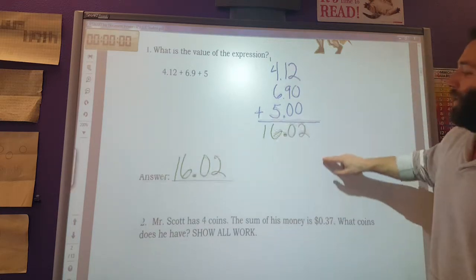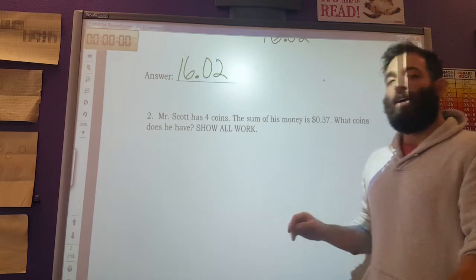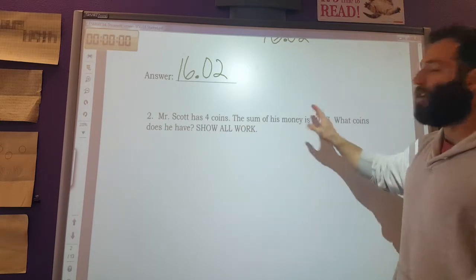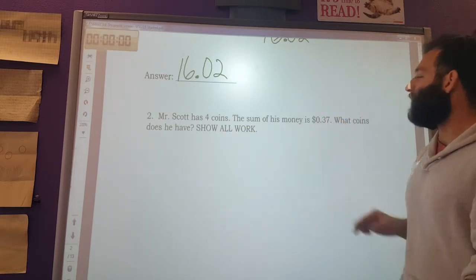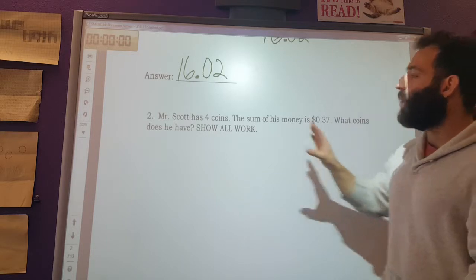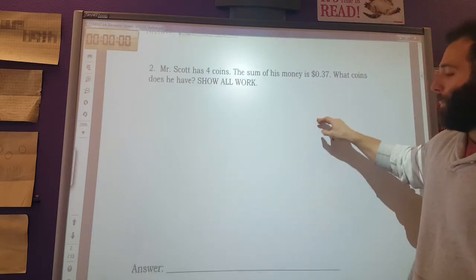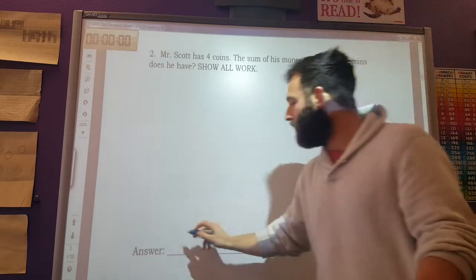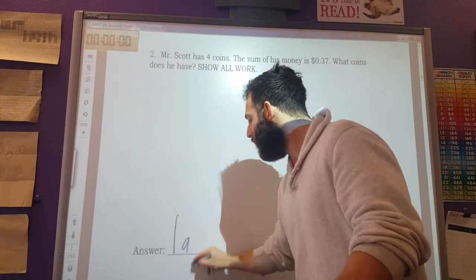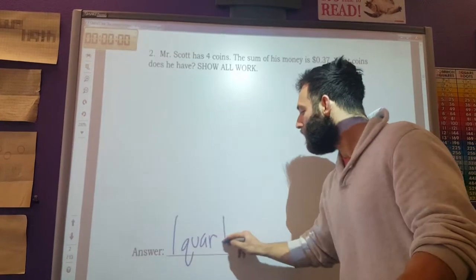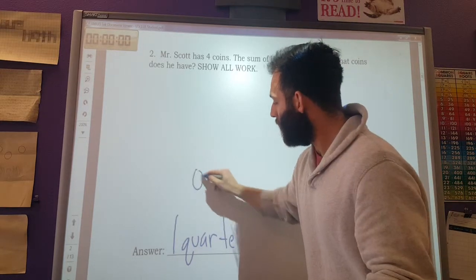Now number 2 tells us that Mr. Scott has 4 coins and the sum of his money is 37 cents. What coins does he have? Well,